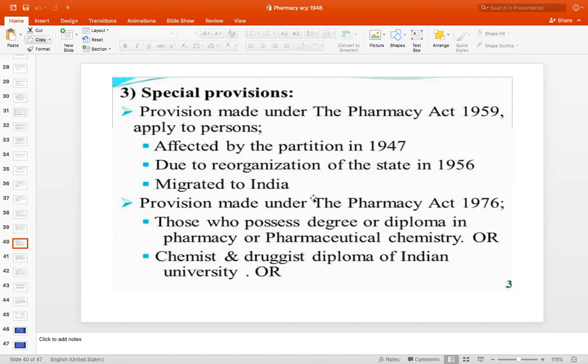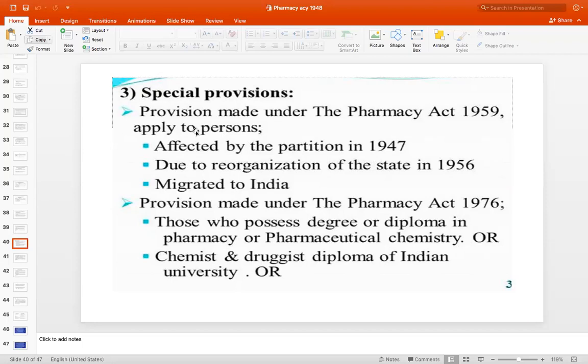When this all was happening, at that time we did not have any recognition of which country we belong to. There was a border, and a lot of problems were happening, but there was no proper recognition as we have today, like Aadhaar card and many others, if you have passport also, Aadhaar, PAN. So these are the recognition that I'm Indian. That time it was not there. So during that, if you have entered India, then you come under special provision.